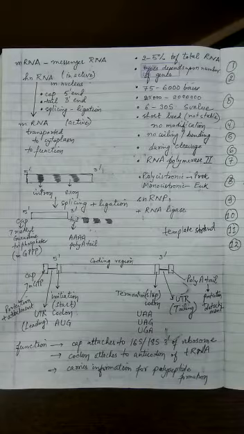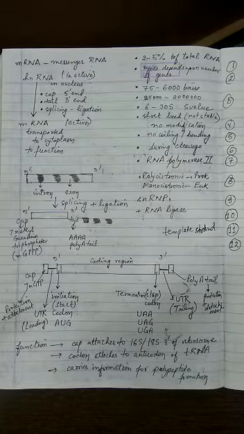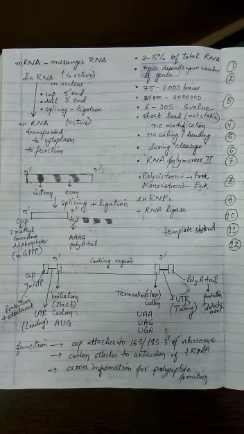Then the third point you can remember is that the anticodon helps in bringing a particular amino acid to its proper position during the process of protein formation. But codon determines the position of amino acids. So anticodons help in bringing the amino acid, and codons help to determine the position of the amino acid in a chain. I hope these differences are clear to you. Now this brings us to the messenger